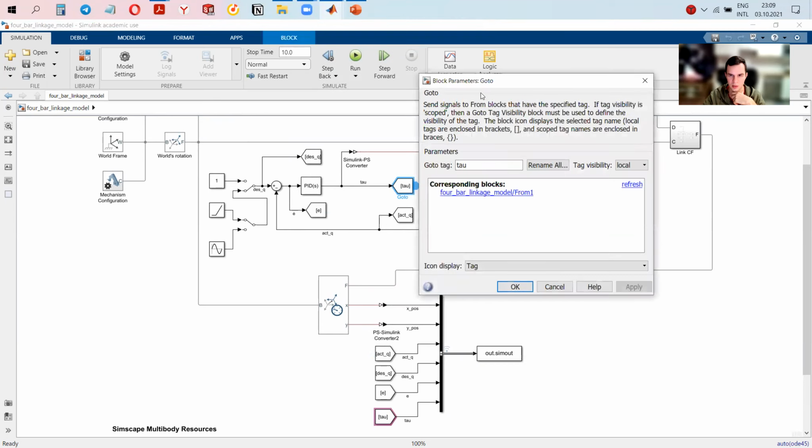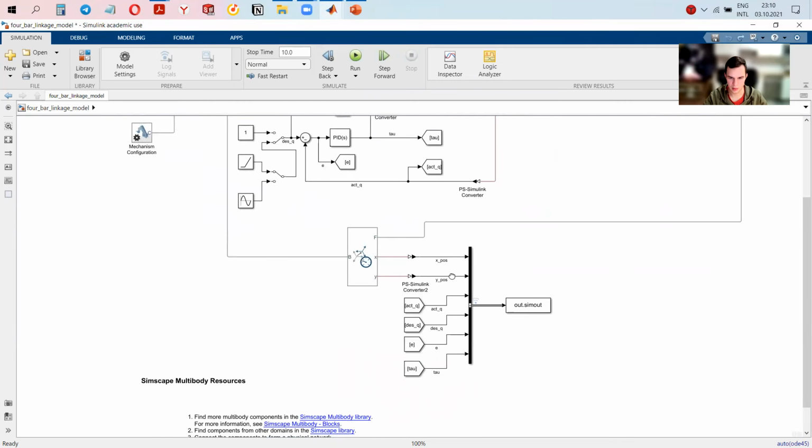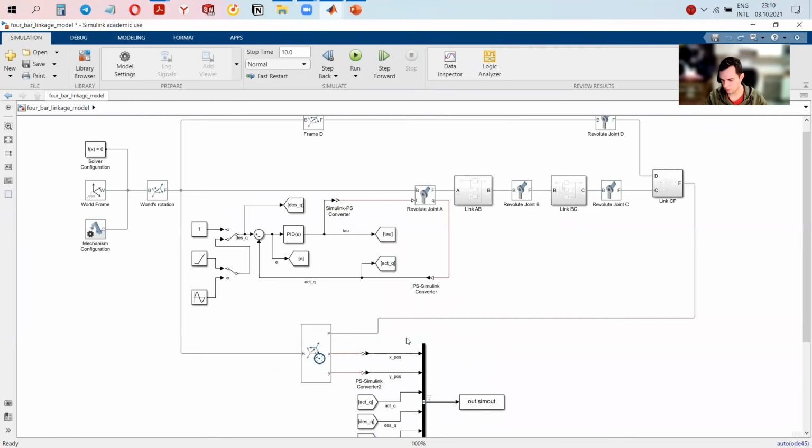It is just a Goto From block. You can consider it just like a Wi-Fi signal without any ropes, so you can just delete it and connect it like this, and it will be the same. Yeah. So it's basically the same, but to have a clean workspace, I use these Goto blocks. So there's a switch. I think everything is